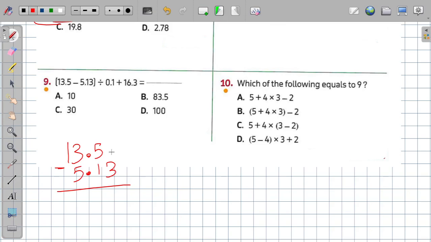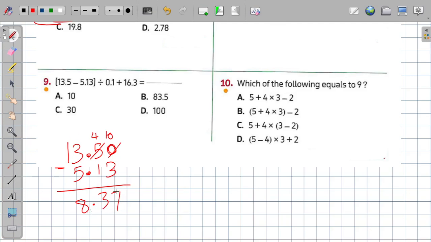So I have to put 0 above 3 to subtract. So I have 0 minus 3. It can't be. So I will borrow from 5. It will be 4. And 0 becomes 10. So I have 10 minus 3 equals 7. 4 minus 1 equals 3. And 13 minus 5 equals 8. So the result will be